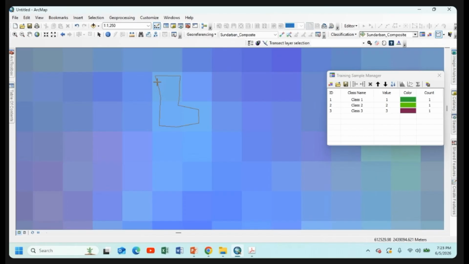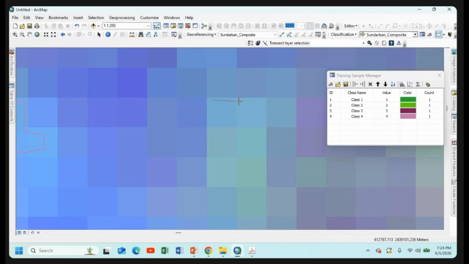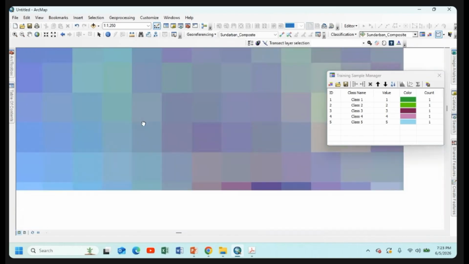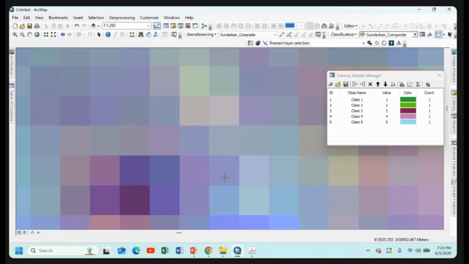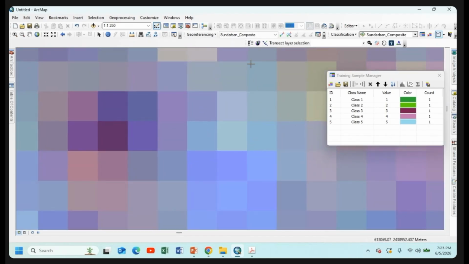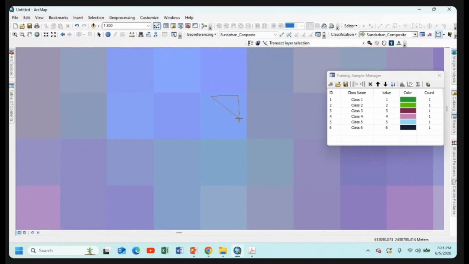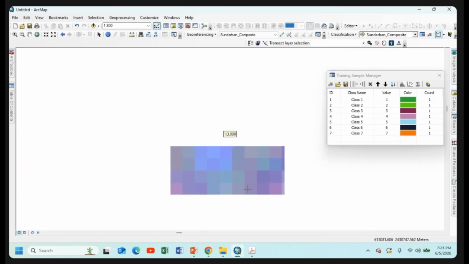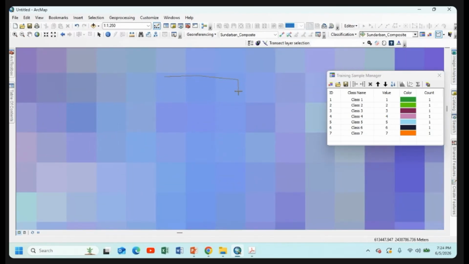Okay, this is our urban area again. We will try to take the maximum number of training samples. Sometimes pixels look similar when zoomed out, but when you zoom in on the pixel, you can see the actual color of the pixel. That is why we must zoom in on the map as much as possible. This is cyan blue or light blue color for urban area. By this method, we can easily extract our urban area features.